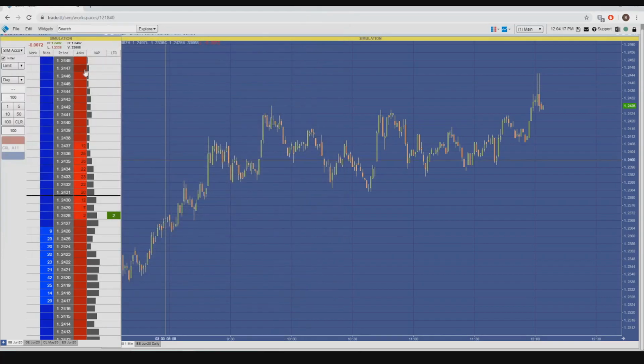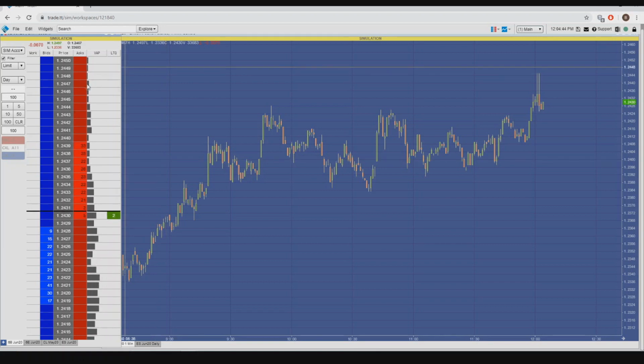So I've added a new column here on the price ladder, which is called the VAP, the volume at price. So assessing the bids and the offers, as we mentioned, these may be false orders, they may be real orders. We don't know. All we know is that there are orders currently in the market willing to trade. The key piece of information is the VAP, the volume at price, because what we can actually